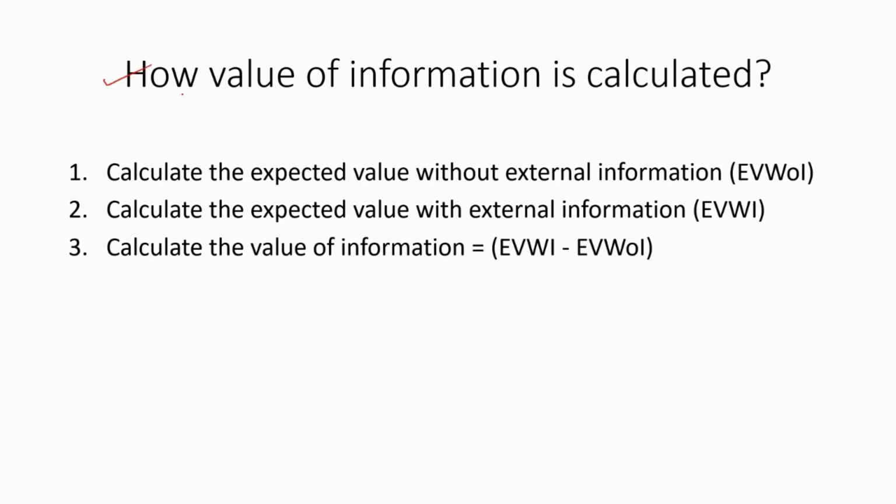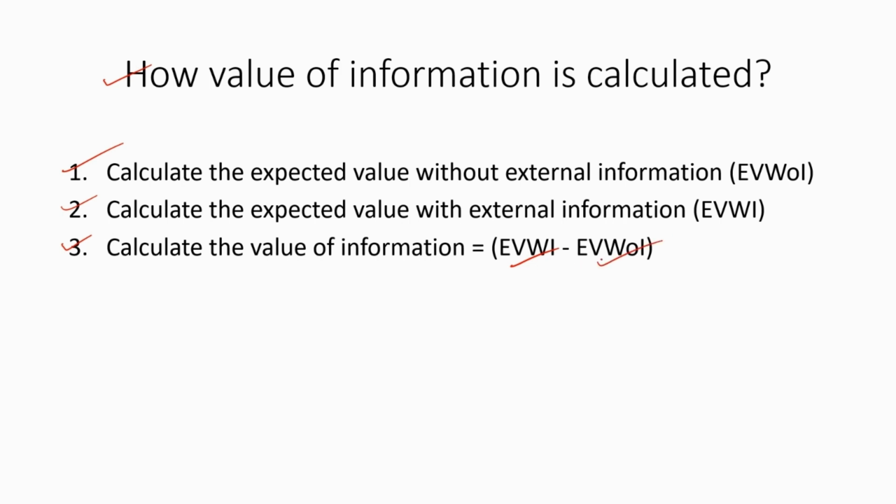Now let's see how value of information is calculated. These are the steps you have to follow. First, calculate the expected value without external information. Simply, this means just calculate the expected value as you know it. Second, we have to calculate the expected value with external information. And finally, we can calculate the value of information, which is equal to expected value with information minus expected value